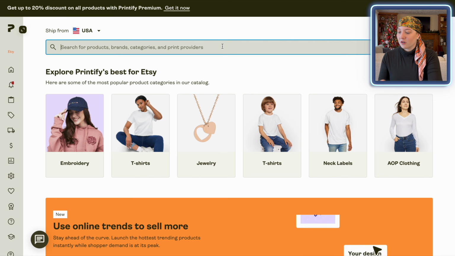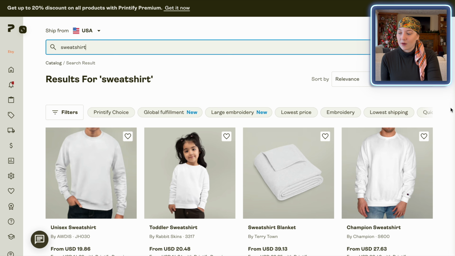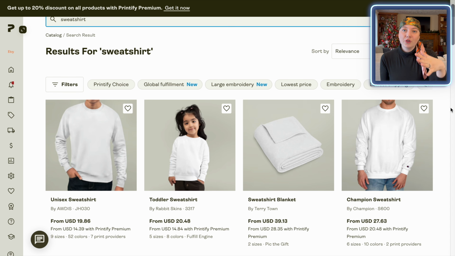So for today, we are making a sweatshirt, and I like selling sweatshirts because they are typically a higher ticket item. So every time you make a sale, you're going to make a little bit more profit than you would even selling a t-shirt or something like a mug. So let's go ahead and look up a sweatshirt, and Printify has a ton of different options for a sweatshirt. So I'm going to show you my favorite ones and ones that I think you can make the most profit